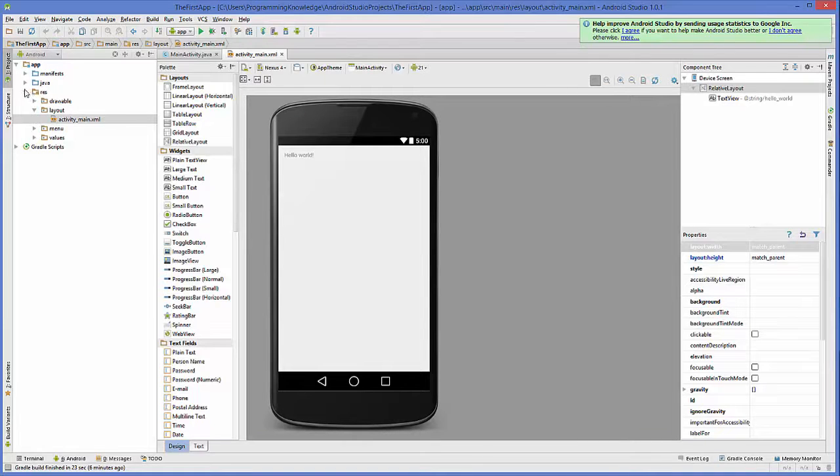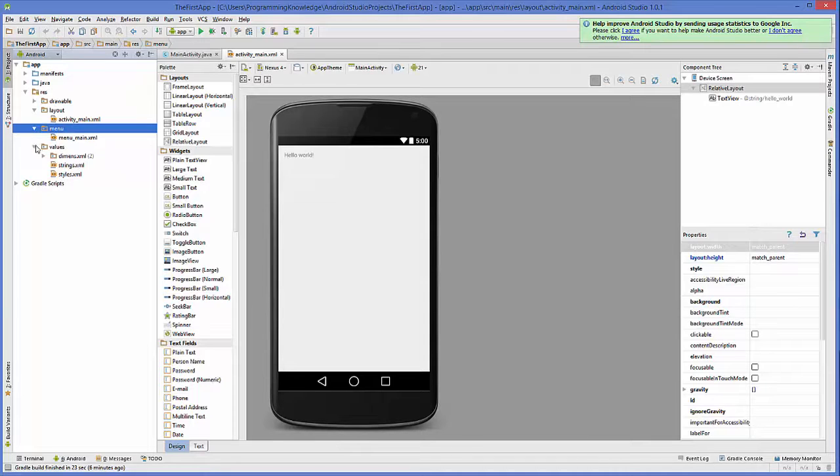So when you go to your app, inside this app there is a folder called res, and inside this res folder there are some folders like drawable, which contains some PNG files, and your main activity file is this one, the activity_main.xml file. Other files are menu files, which we will see later,